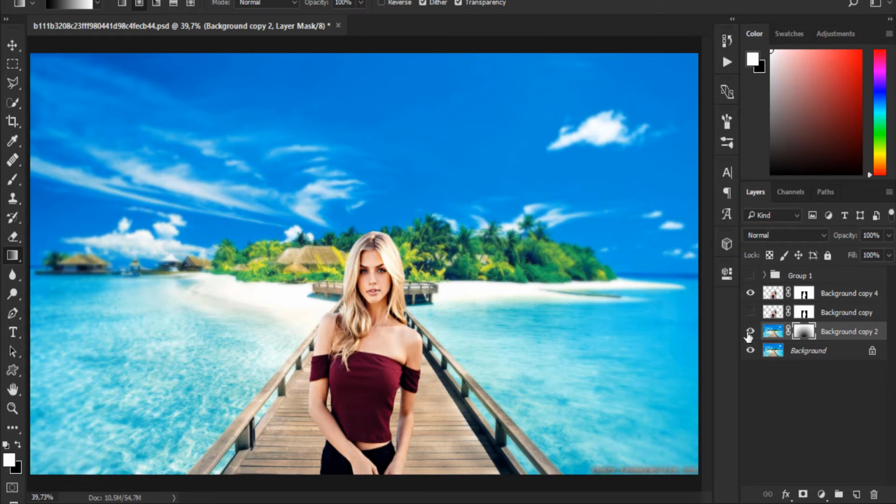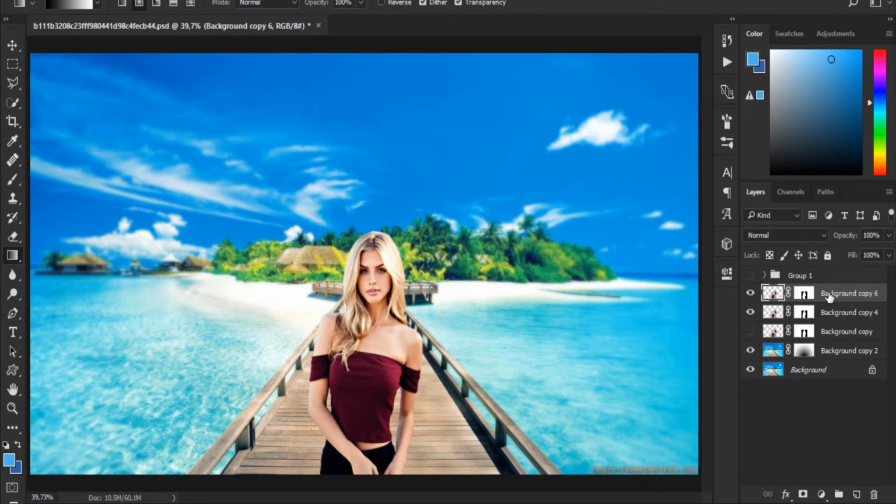So we are going to move on to the next stage, in which I'm going to try and change the color of the skin of the girl here. So to do this, let me just delete this one here. I think we don't need this one, but let's keep it for now. Okay, now we have our girl here. I will duplicate